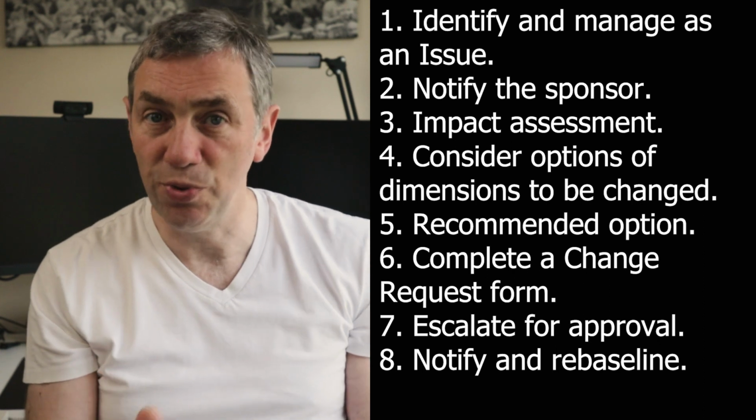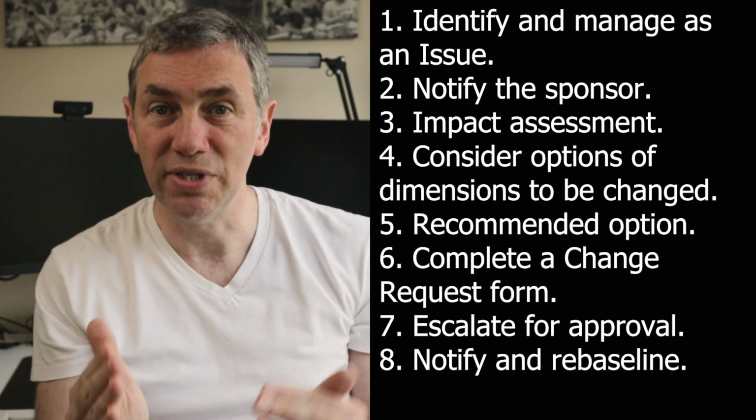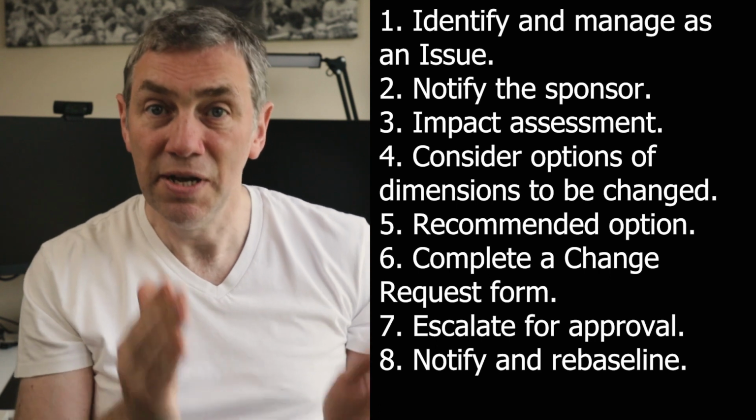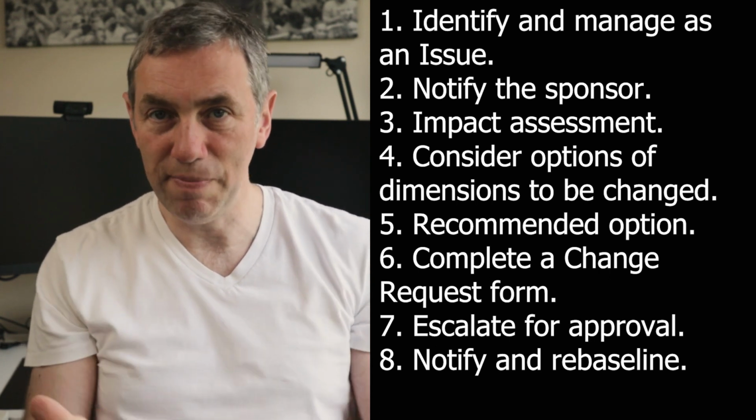Okay, so you've got your change request approved and you've nearly completed the change control process. After notifying the impacted parties that the request was approved, your next step is to re-baseline the impacted project documents. In the case of our example, this would mean your project plan gets updated with new dates, and possibly some other documents that feature key dates will need to be updated. Apply version control to the document, but pro tip, in the plan, make sure to include a note against each of the impacted milestones that have been changed by the change request and its unique ID. Update the summary of your issue and close it, and when you write your next status report, instead of seeing red everywhere, you can change it back to green.